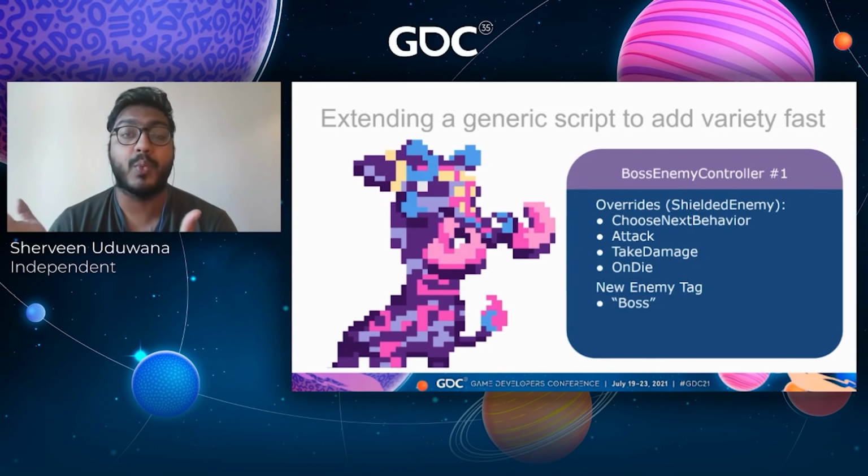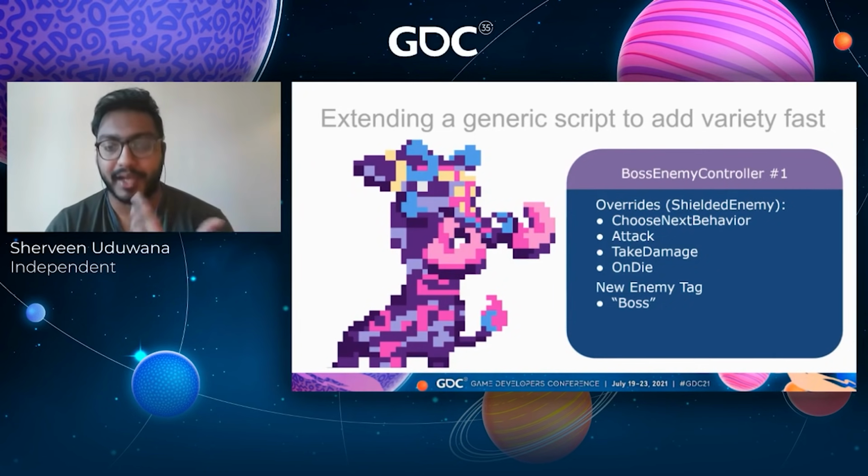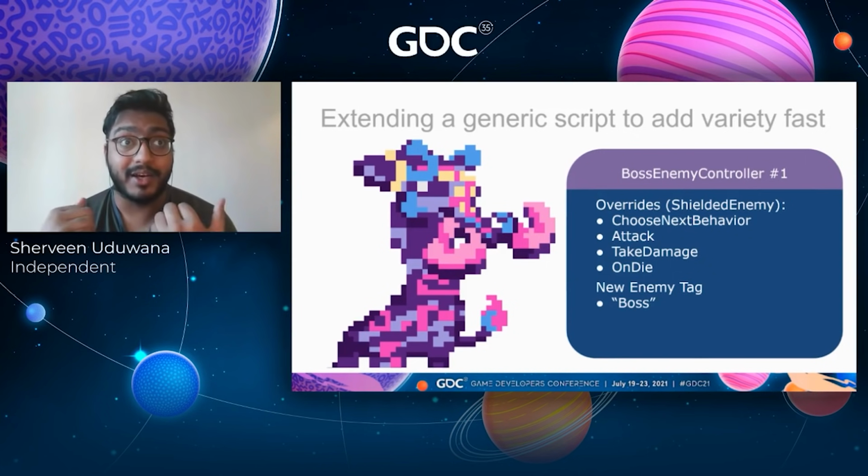For example, once it takes half of its damage, it enters a rage state, or it triggers its second phase of attacks. And then on die, I basically just trigger a dialogue event so that some cool narrative stuff happens when the boss dies. And then I added an enemy tag for bosses, which is basically being used so that if you go into a room and there's an enemy with a boss tag, a special health bar is going to appear over it or something like that. So real quick, right? 4 different types of enemies.